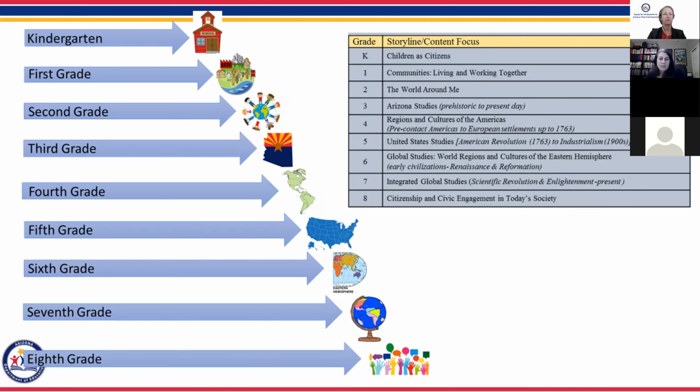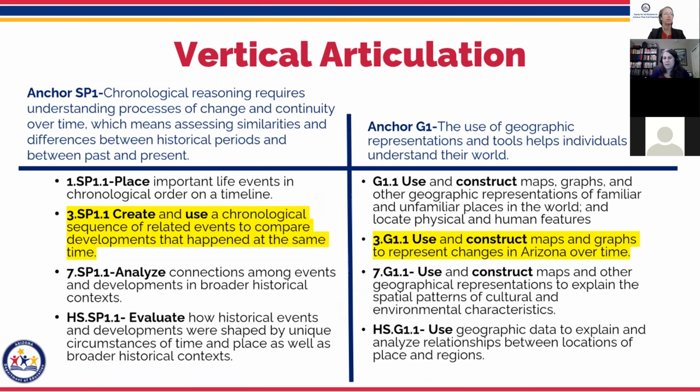7th grade is an integrated global studies, looking at both history and civics and geography and economics from a world and a US aspect. So students, instead of just studying World War I from the United States perspective, look at it from a world perspective as well, because after the scientific revolution, we become a more global world, and the United States fits into that global world. So we look at it together. And then 8th grade is citizenship and civic engagement, bringing it all to the top.